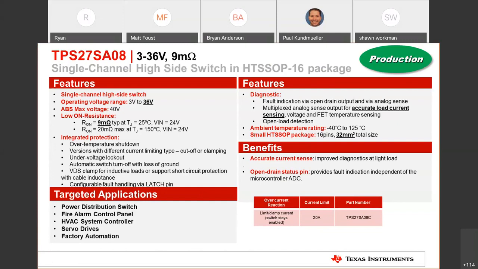This device can be used for very high loads up to 10 amps, which might be prevalent in different fire alarm control panels, HVAC systems, servo drives, or factory automation applications. This device is available in an HTSOP 16-pin package, which is a 5 millimeter by 6 millimeter package.